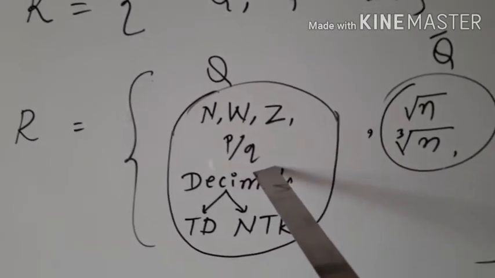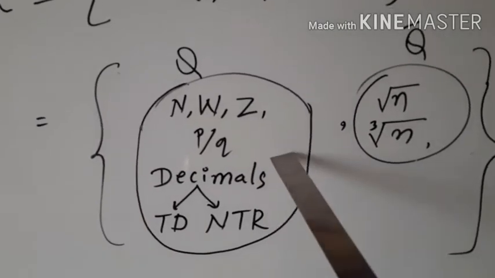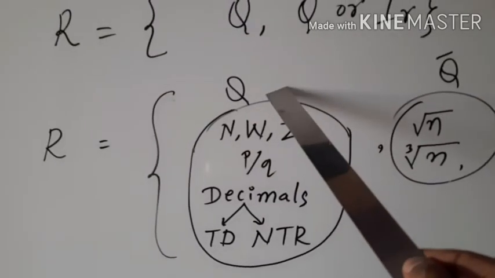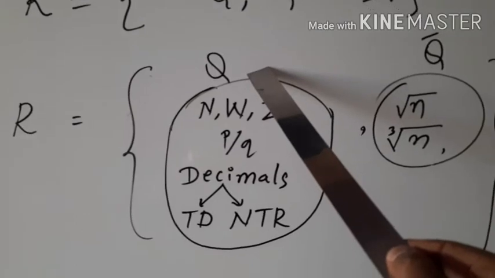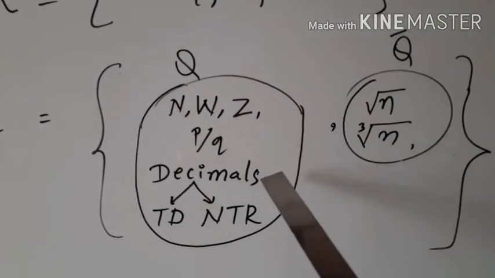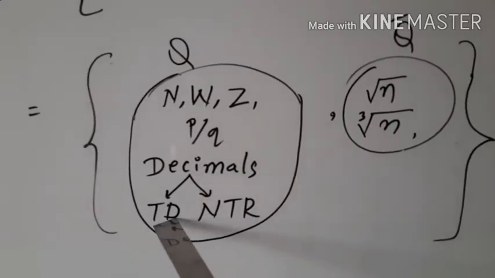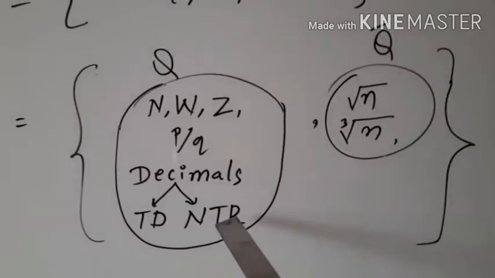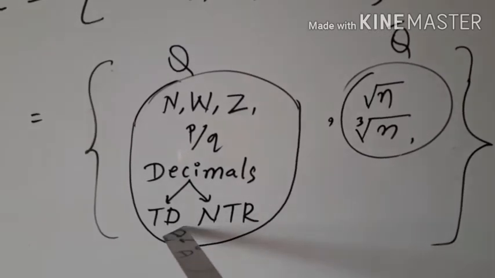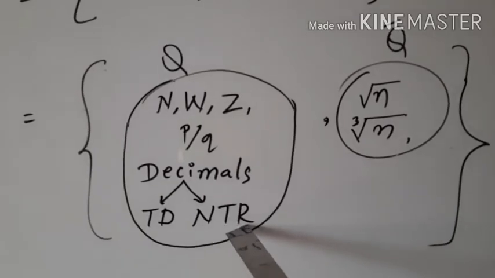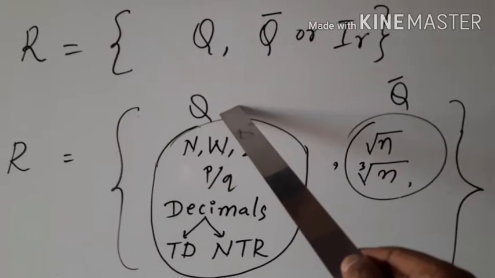Okay, and you might be knowing there are numbers called decimal numbers. Okay, even decimal numbers are also rational numbers. How are they rational numbers? You have learnt in the previous classes. Okay, in decimal numbers again there are different types. Now there are terminating decimals and non-terminating, repeating or recurring decimals. Okay, terminating decimals and non-terminating and recurring decimals are also examples for the rational numbers.